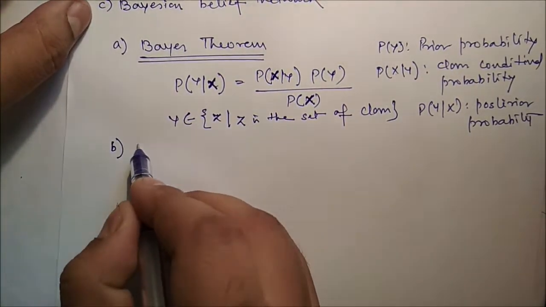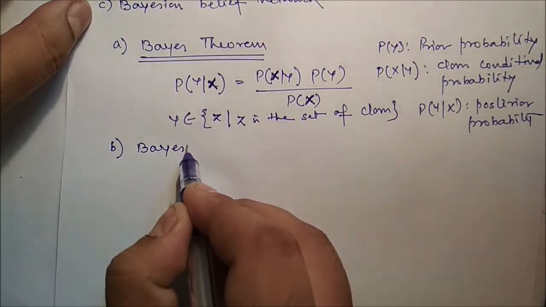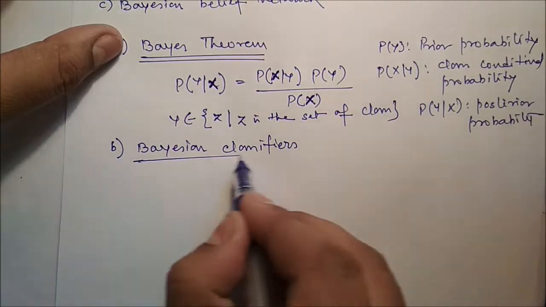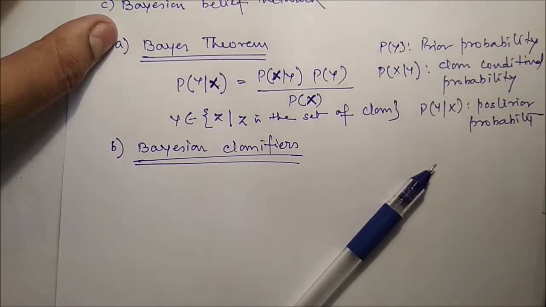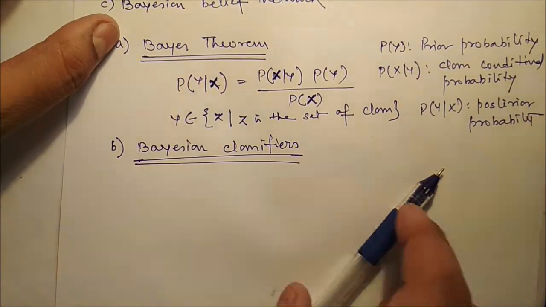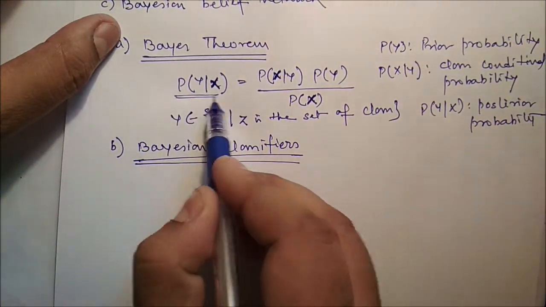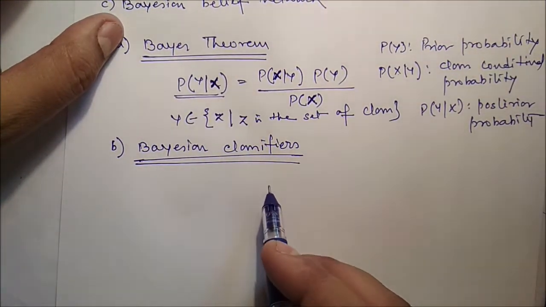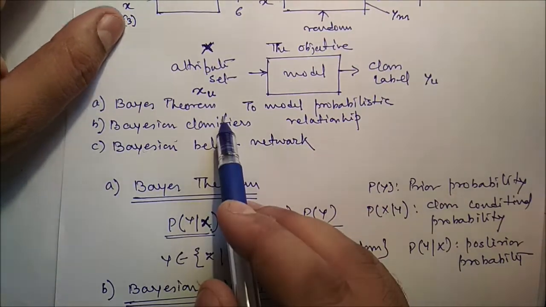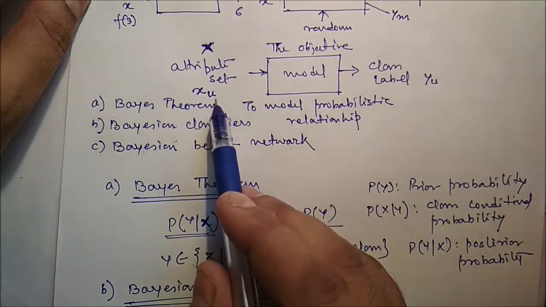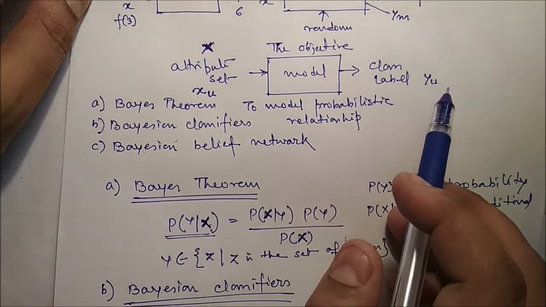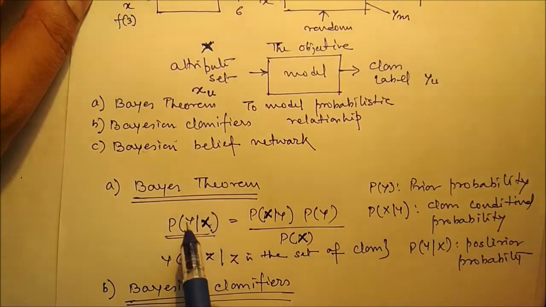The next is Bayesian classifiers. Now during the training phase we need to learn the posterior probability. So already you know what the posterior probability is. We have to learn this for every combination of x and y based on information gathered from the training data. By knowing these probabilities, a test record xu can be classified by finding the class label yu that maximizes this particular posterior probability.